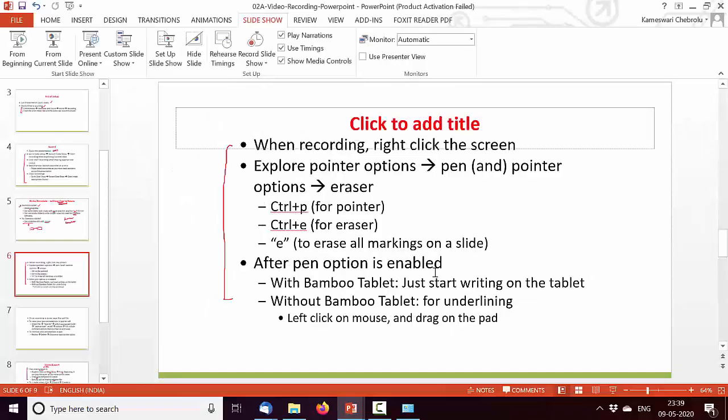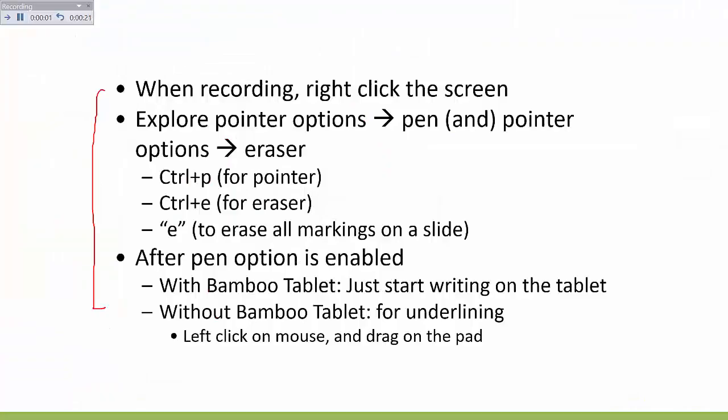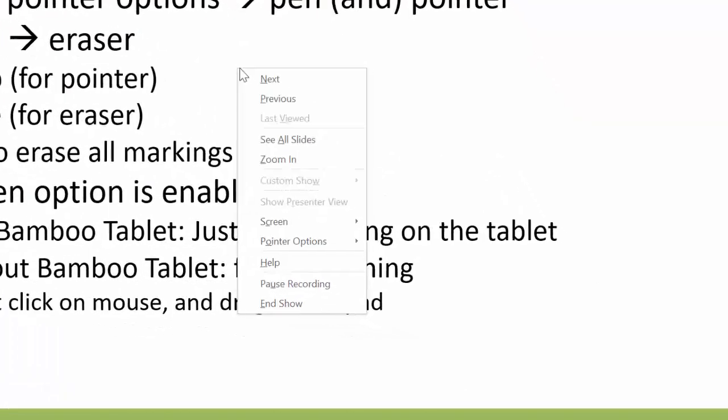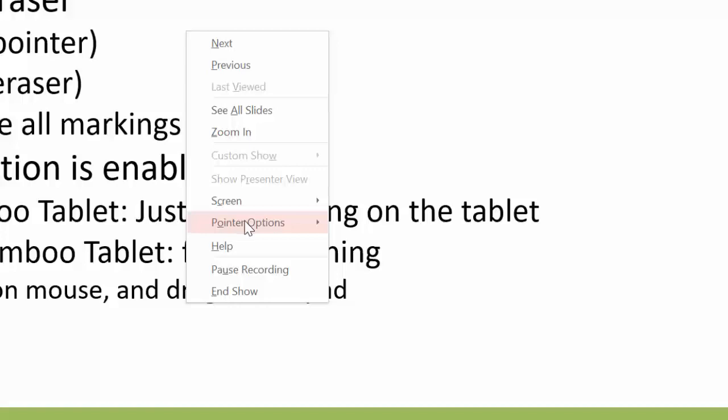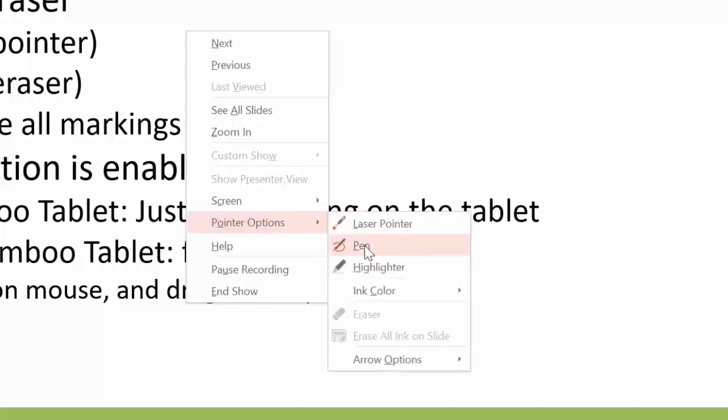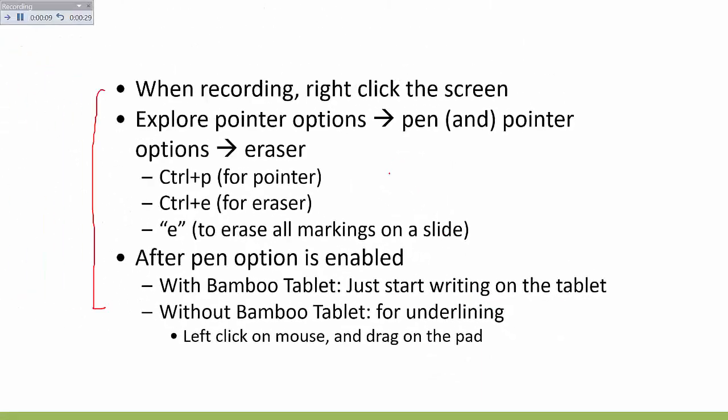Now coming to the pen option. So again, let me show how the pen works. I'm going to start recording from the current slide. Start recording. So this is the screen. Now I'm going to right click. So this is my cursor. I'm going to right click. It's going to show these options where the pen option is also there. Here I can choose a pen. I'm choosing this pen. The cursor will now become a red dot.